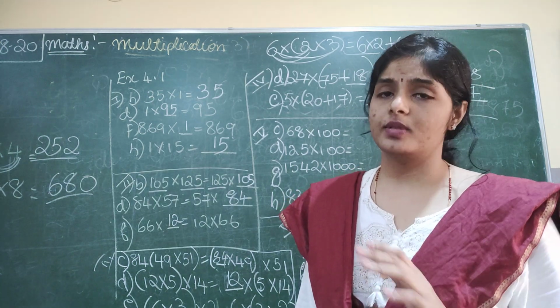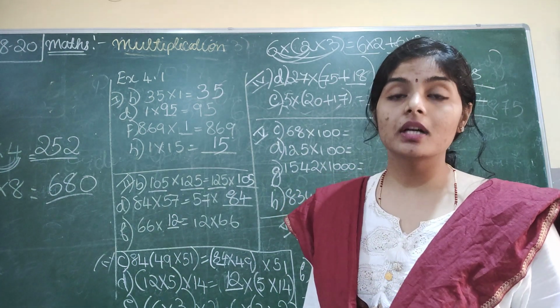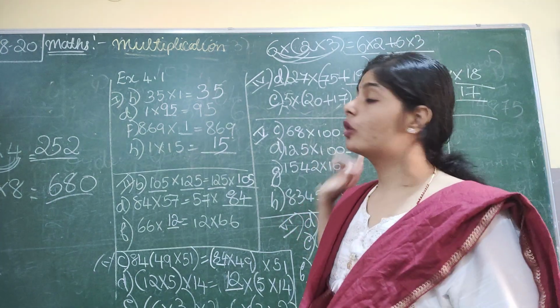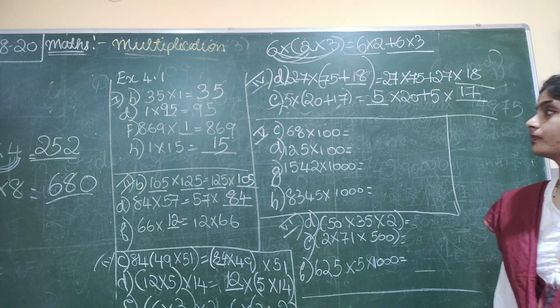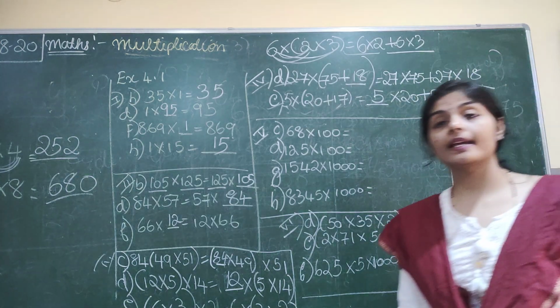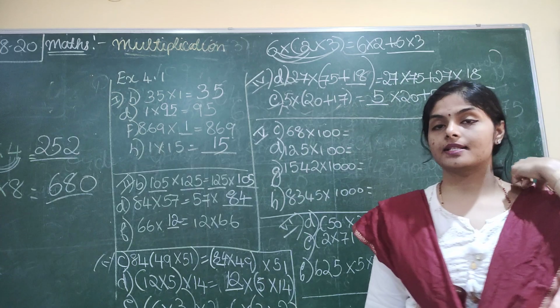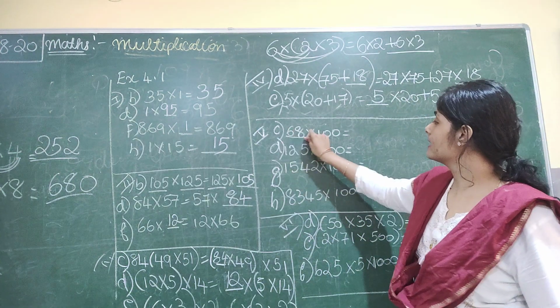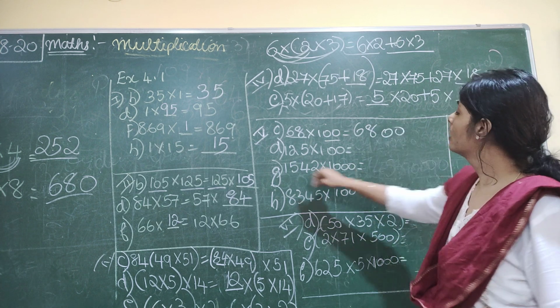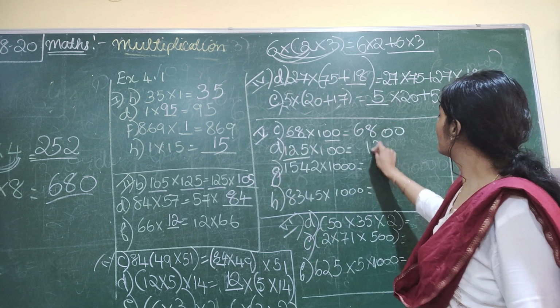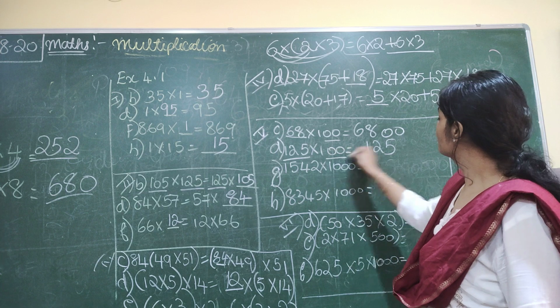You need not go search. You should only know the method, the way to do it. Okay? Go through this, understand and work it out, children. Now fifth main. Fifth main, multiplying by hundreds, thousands, tens. Very easy. I have 68. I put 68. How many zeros? 0, 0. I have 125 into 100. I have 2 zeros.